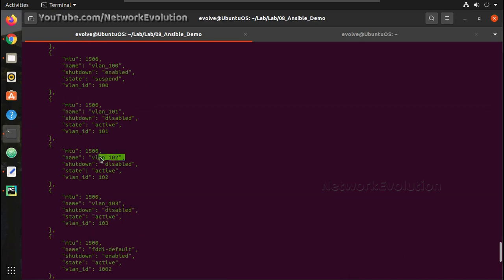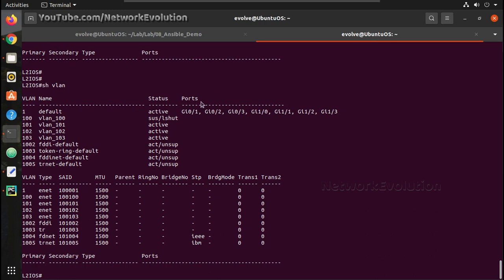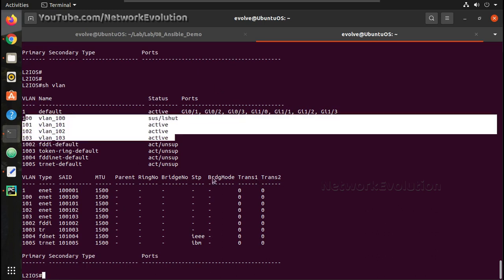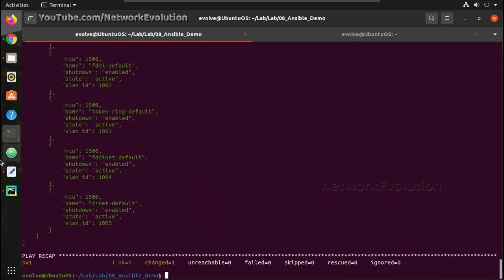So now we can see here it has created 3 VLANs, and here also we should be able to see the VLANs. Now we'll see how to delete the VLANs.